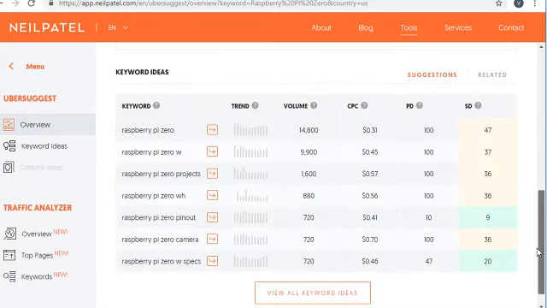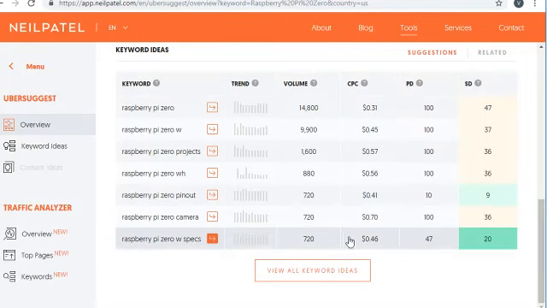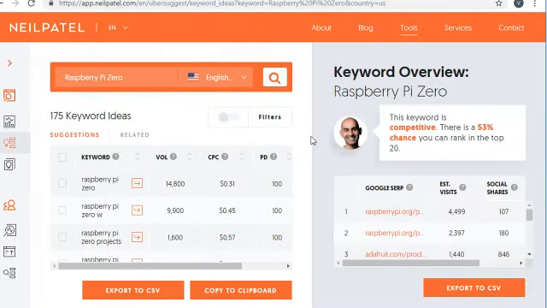Now, below this, if you scroll it down, it lists out certain very important things. For example, if you write about Raspberry Pi Zero pinout, the SEO difficulty is very less. If you write about it, there's a very good chance you are going to rank very high for it. If you write about Raspberry Pi Zero specs, there's a very good chance you will rank high for it. And then it also gives the keyword ideas. You can scroll through it, go through its contents. What are the Raspberry Pi Zero projects? The search volume is 1600 and so on and so forth.